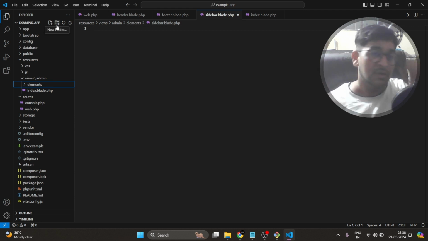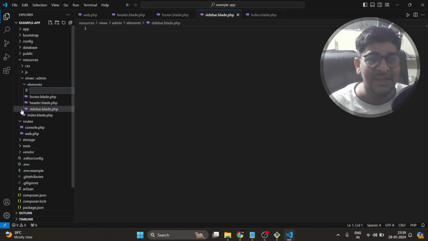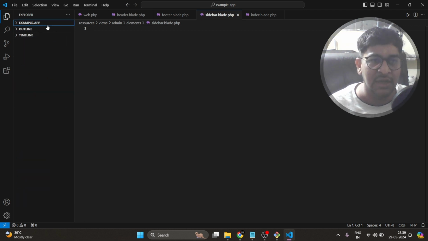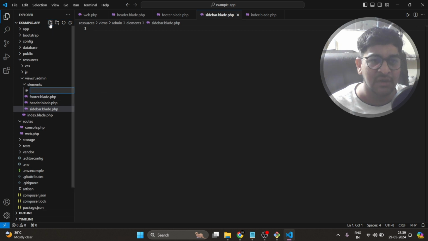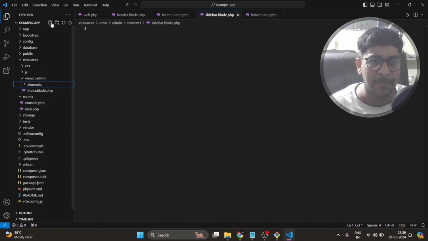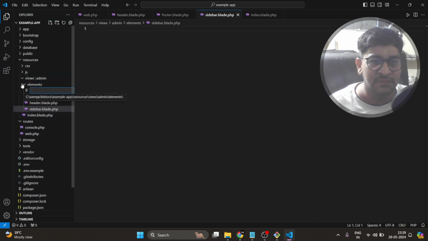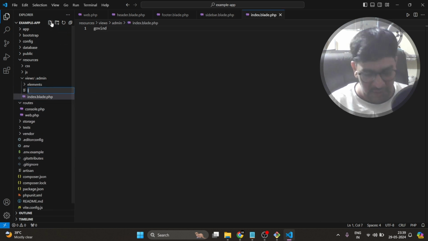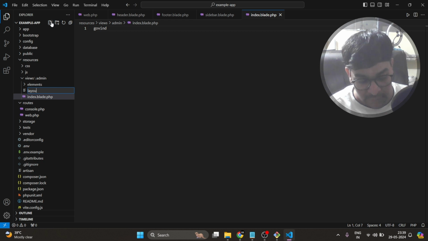Okay, so I was creating one more file, not inside the elements folder but outside it. Just a second. Now, layouts.blade.php.